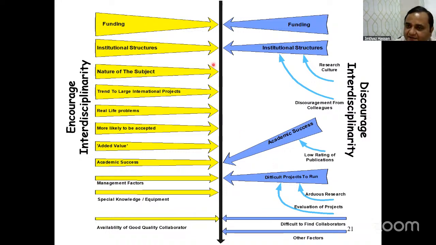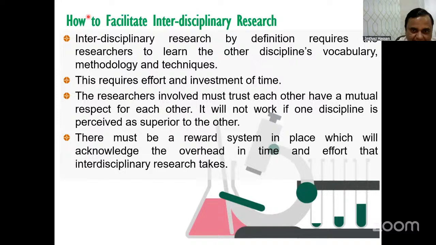For funding, sometimes it encourages you also, because for people working at the chemistry biology interface, chemistry is saturated. So if they give a new way of thinking to a biological problem with chemistry, their projects are much appreciated. So it will give you a high chance to get funding, new institutional structure, new department formation, new nature of subject, real life problems you can address easily, add value to existing research, academic success, and specialist knowledge. These are some advantageous features of interdisciplinarity that will encourage you to become interdisciplinary.